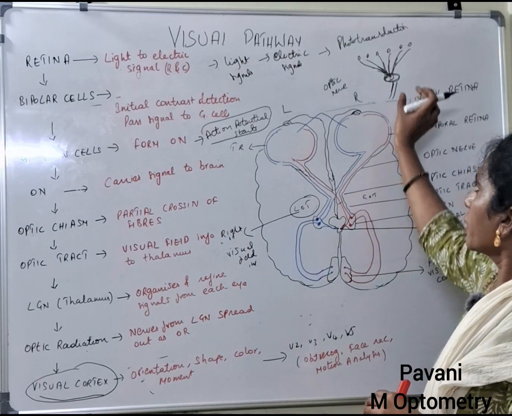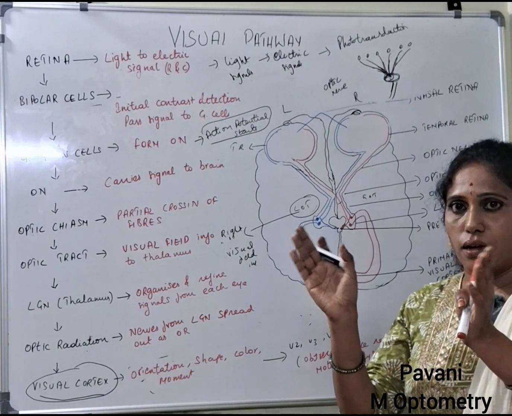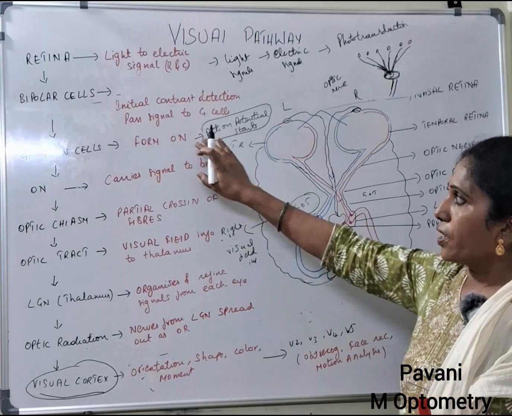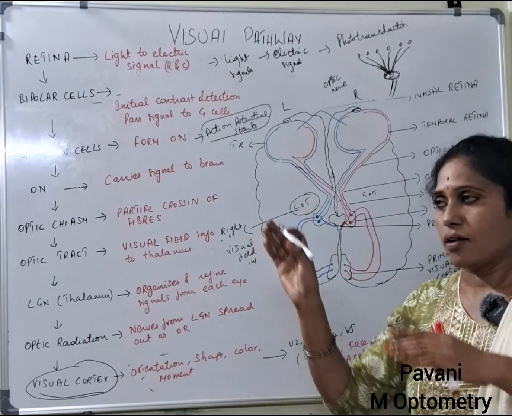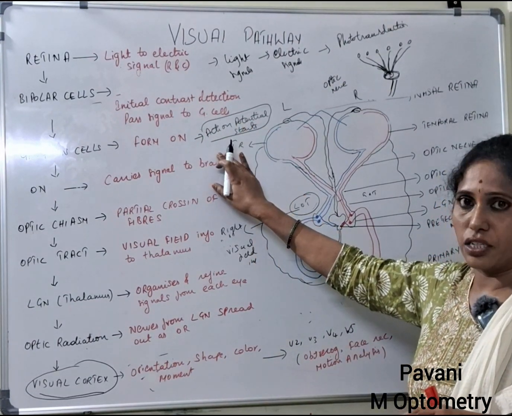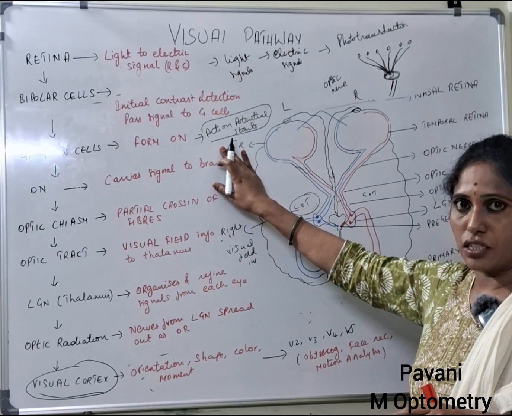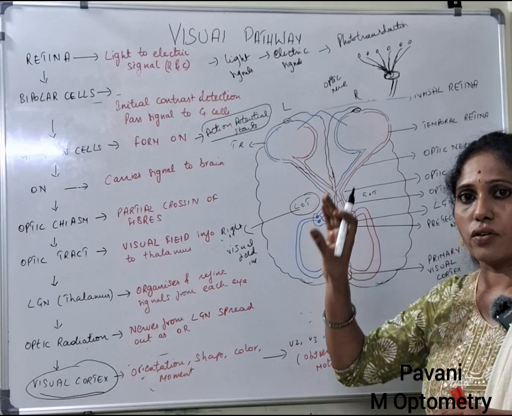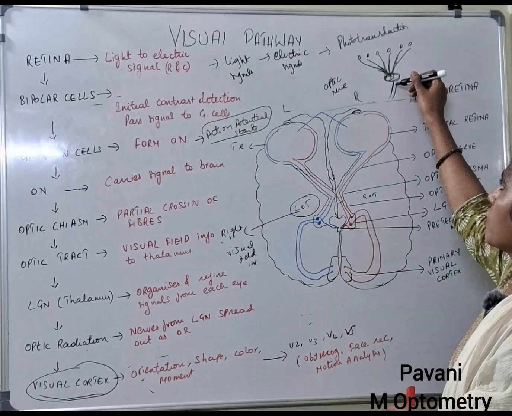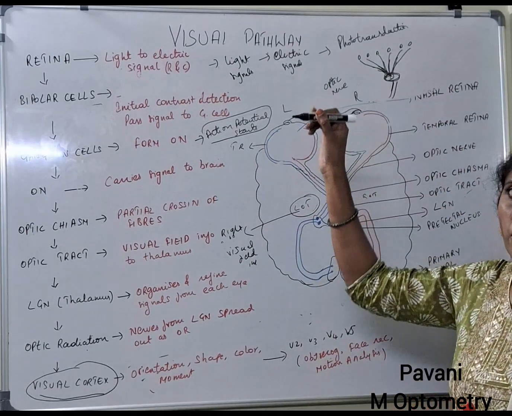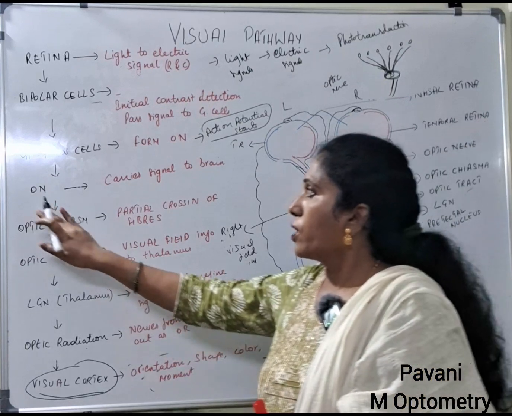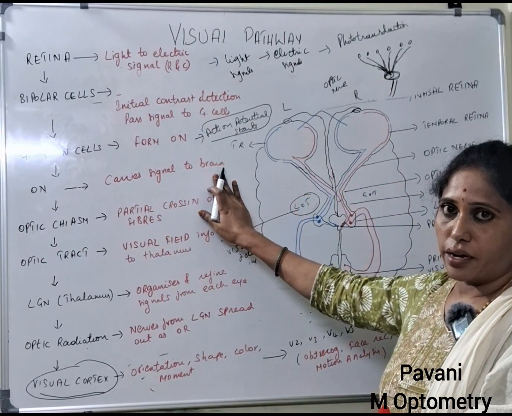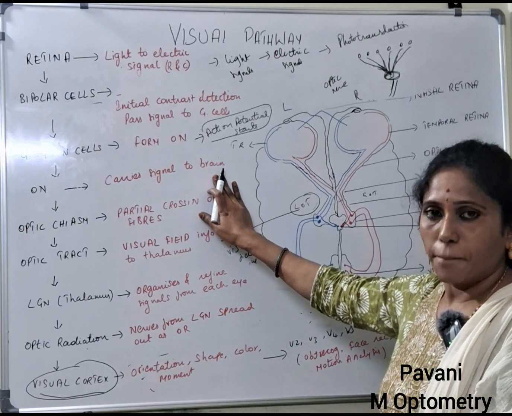The optic nerve is nothing but the bundle of the axons of the ganglionic cells. The main function of the ganglionic cell is that it starts the action potential. From here the electrical signals will be sent to the brain through the neurons. Through the optic nerve the visual information will be carried. So what is the main function of the optic nerve? It carries the visual information, electrical signal information, to the brain.